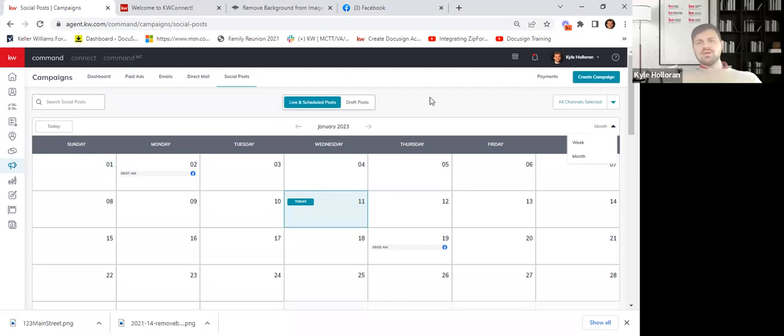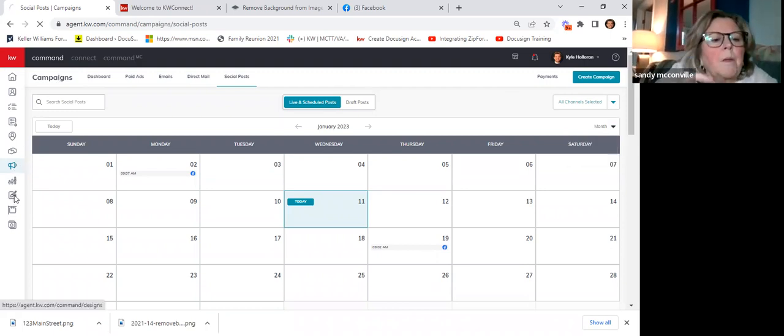It'd be cool to have a button up here somewhere that would just say pause all scheduled posting, so you could just turn everything off for a second and hit pause on that. Gotcha. Yeah. All right. And then this is the last one I'm going to go do. And this is something that you guys need to go play with.